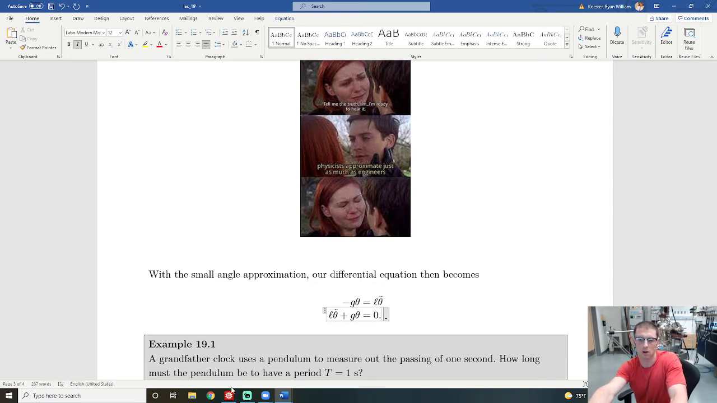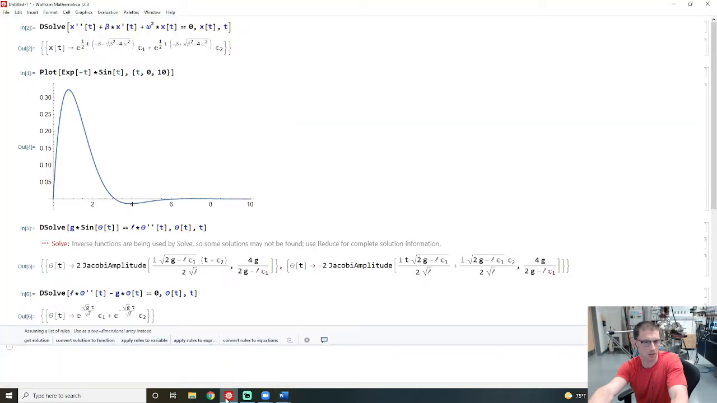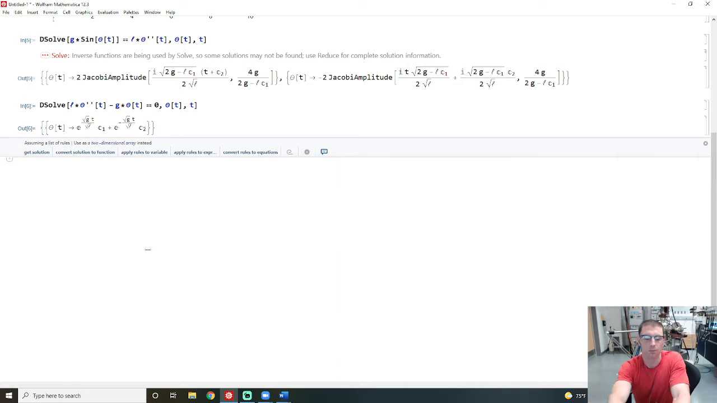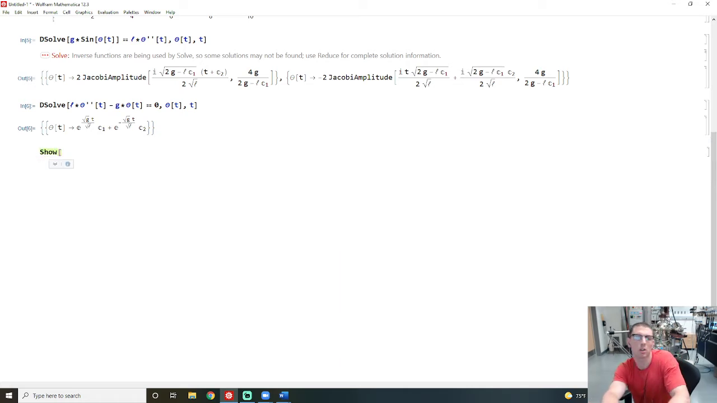And I'll address why that turned out to be the case, why we needed to write it like this. But yeah, we'll come back to that in a second. Actually, what I did want to do is show you something as well. I want to talk about the small angle approximation and show you where it's more or less valid. So I'm going to plot sine of theta,